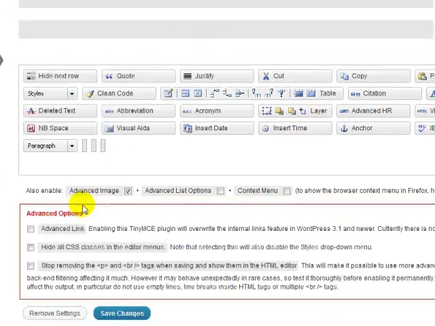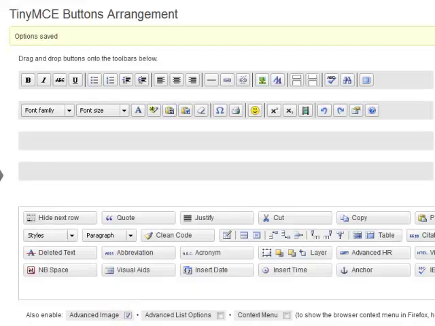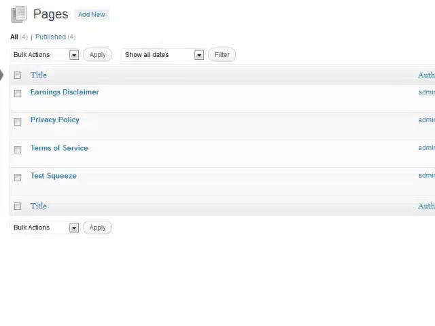And another thing I like to do is stop WordPress from stripping out the paragraph tags and line break tags, because that enables me to use more advanced coding in the HTML editor. That's totally up to you. That's what I do. So save changes,